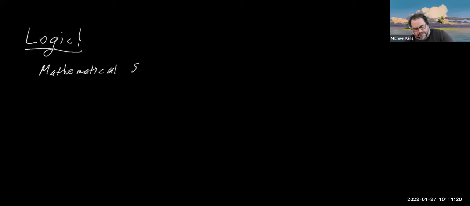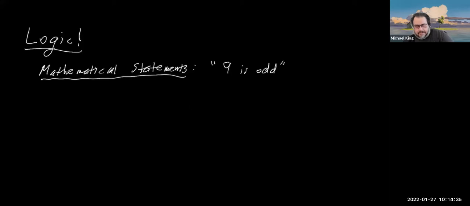Or really just, any kind of logical statement doesn't necessarily have to be mathematical in nature. But for example, 9 is odd. It's a mathematical statement. 9 is prime is a mathematical statement, which is a way of saying that not all mathematical statements have to be true. It can be a false statement, but